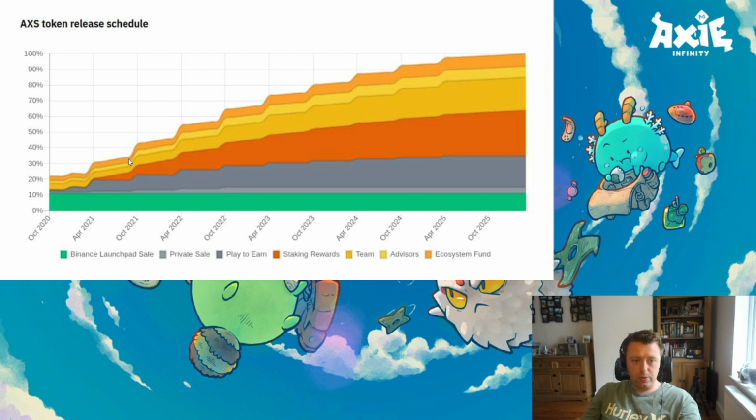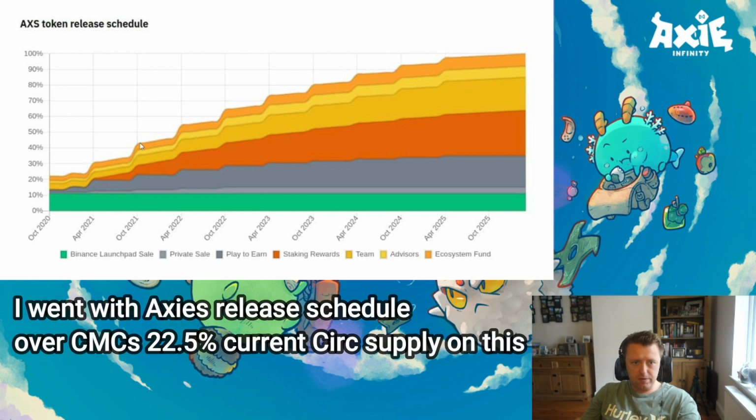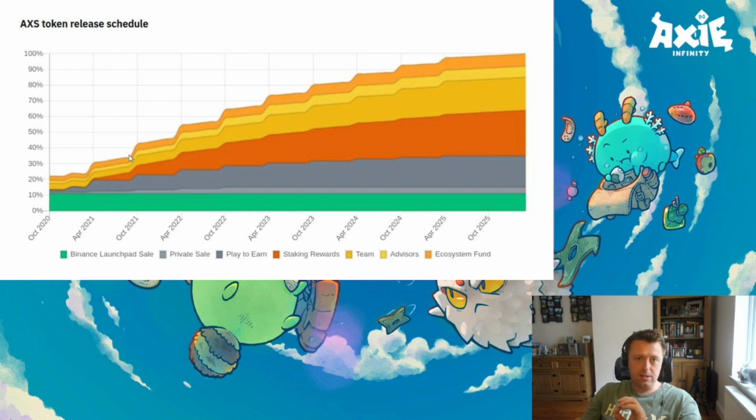The second point is, if you look here where the spikes are, this appears graphically, certainly, to be the single biggest influx of supply we will have in Axie tokens, because you can see here this one's bigger, smaller, smaller, smaller jumps, all the way up. This is just before October 2021. We're going to go from somewhere around a 35% circulating supply up to 42, 43%. So that's a considerable influx of tokens in the period at the end of this month. So if you are holding this token, that's certainly something to keep an eye out for. If that increase in supply comes to market suddenly, it could certainly have a negative impact on price action. Not financial advice, just looking at a graph. So yeah, they're the two things to note there.